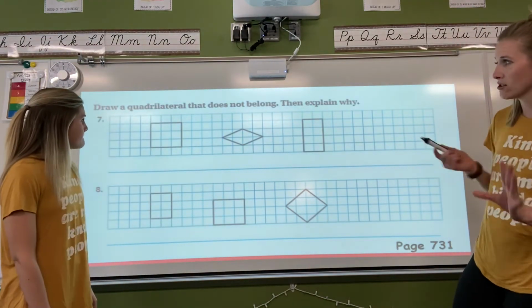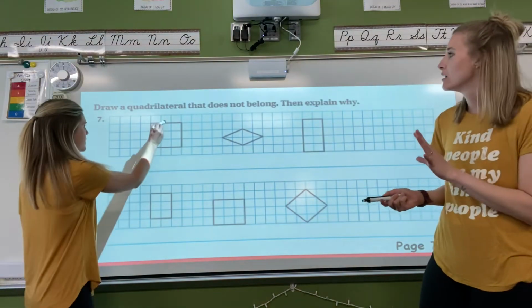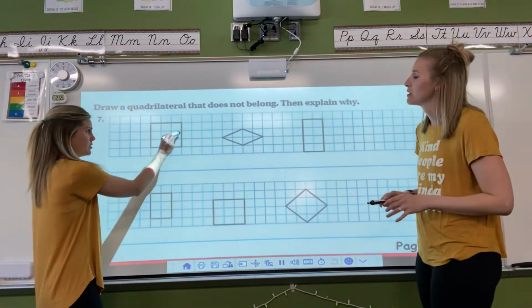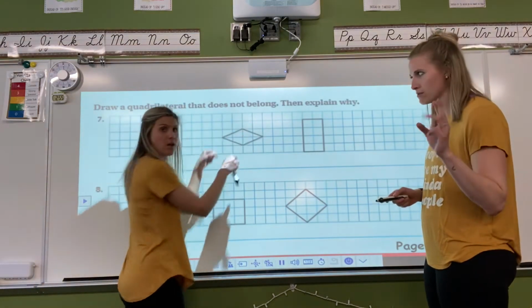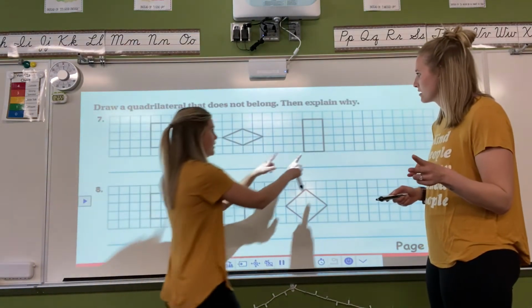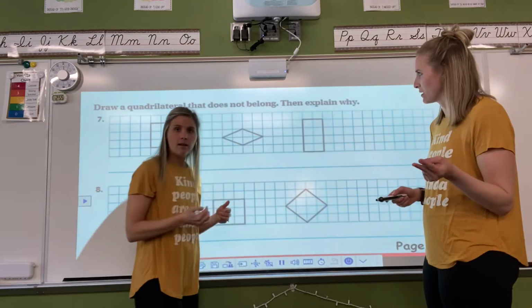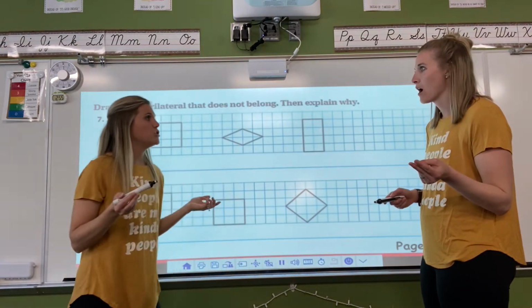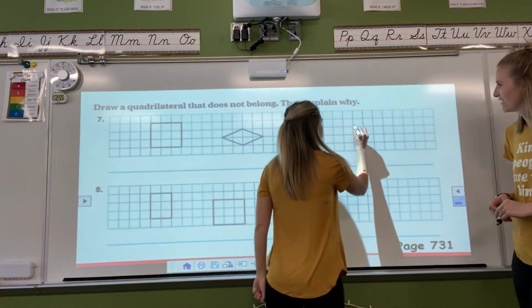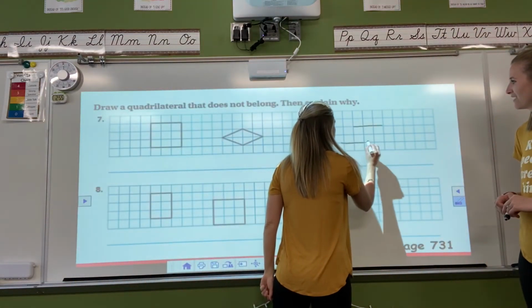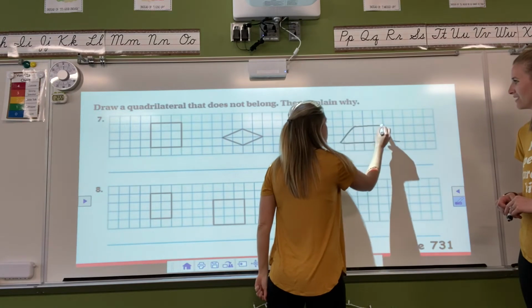I see some parallel lines going on here. I do too. So this side and this side are parallel. Yep. So this has two pairs of parallel sides. This one also has two pairs. And this one has two pairs. So maybe if I drew one with just one pair. So I'm going to make this side and this side parallel, but I'll make these so that they would